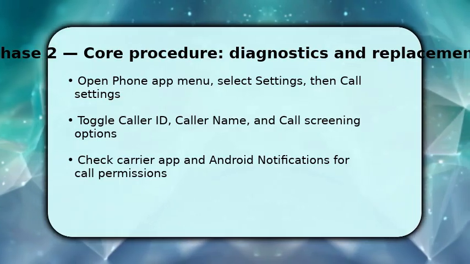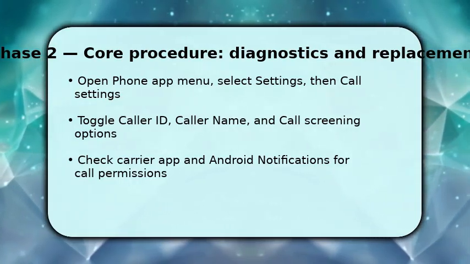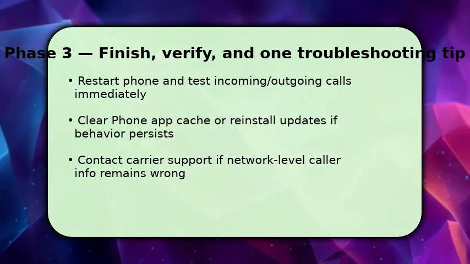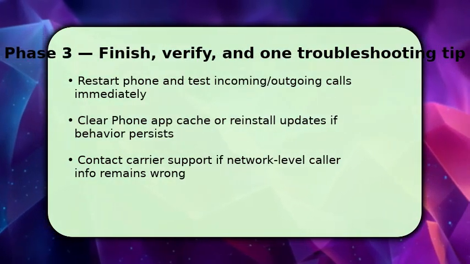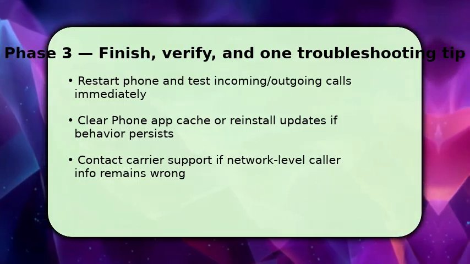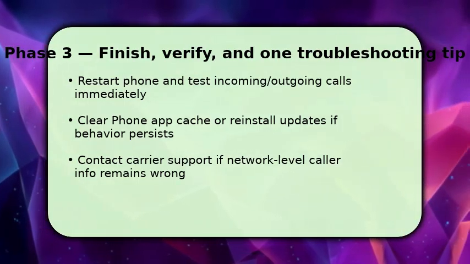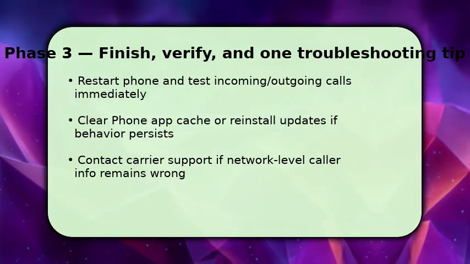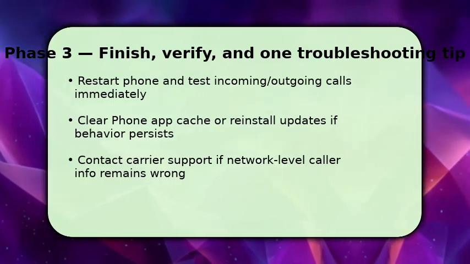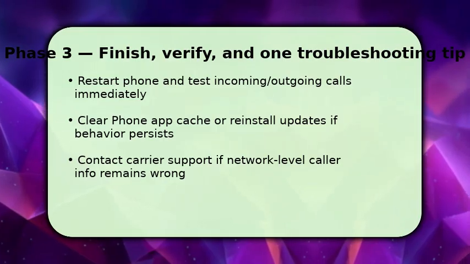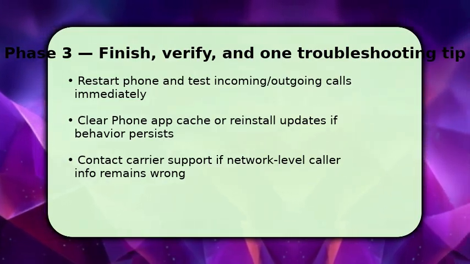Finish by restarting your phone, then test several incoming and outgoing calls to verify the updates take effect. You want consistent caller name and ID behavior. If something still behaves oddly, go to Settings, Apps, Phone, Storage and clear cache, or uninstall recent phone updates and reinstall them. If caller info is wrong due to network provisioning, contact your carrier, explain the device model and recent changes, because sometimes the